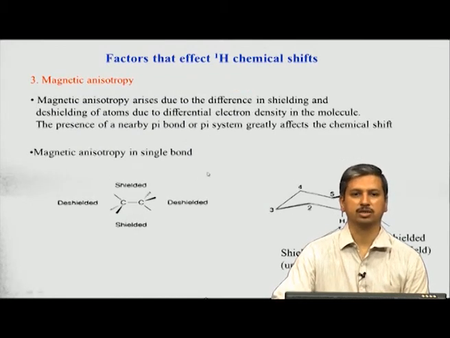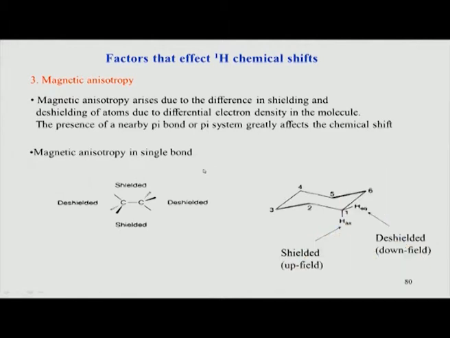Second, another important concept, the third factor which influences a chemical shift is basically what is called as magnetic anisotropy. So, what is magnetic anisotropy? The word anisotropy means it is not spherical in all directions, or it is not uniform in all directions, which means it lacks isotropy. So, the opposite of isotropy is anisotropy. So, what does anisotropy mean? It means that suppose you take a molecule like this with this carbon carbon single bond, the electron density around this system is not uniform, it is not spherical. On this side you have more electron density compared to this side of the bond.